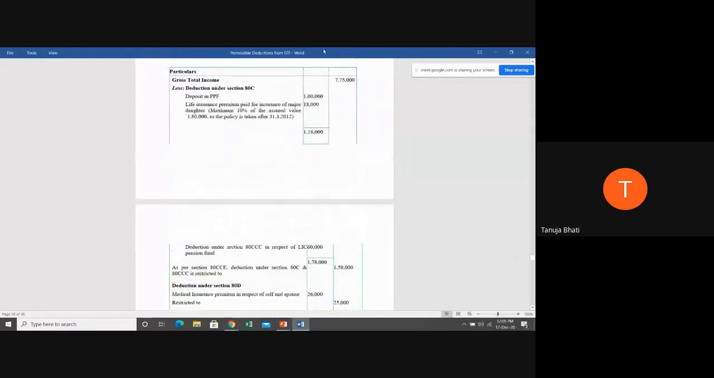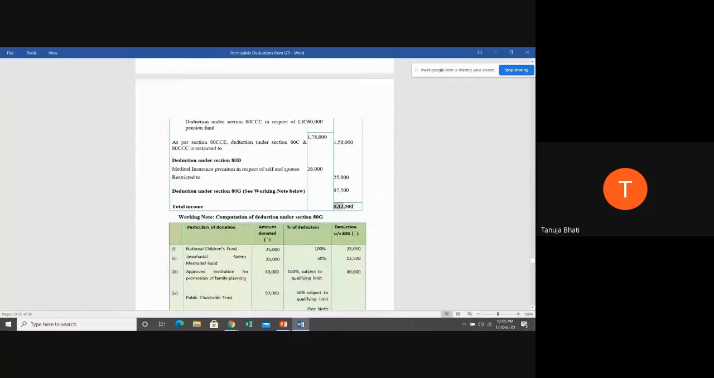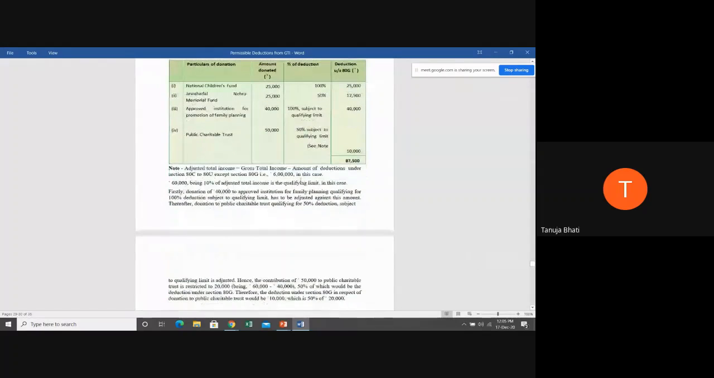Total income is nothing but the gross total income minus all these deductions. You will get the total income. Now, I've made a note, just let us see first. 60,000 being 10% of adjusted total income is the qualifying limit in this case. Firstly, donation of 40,000 to approved institution for family planning qualifying for 100% deduction subject to qualifying limit has been